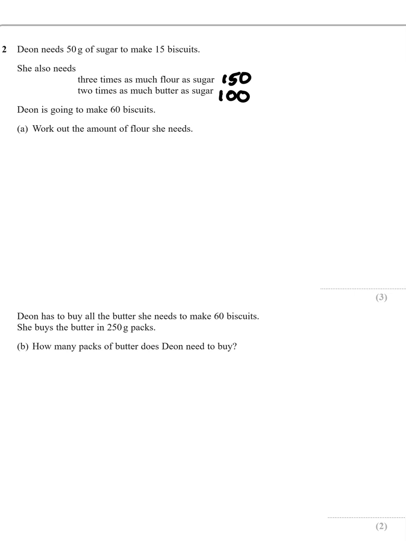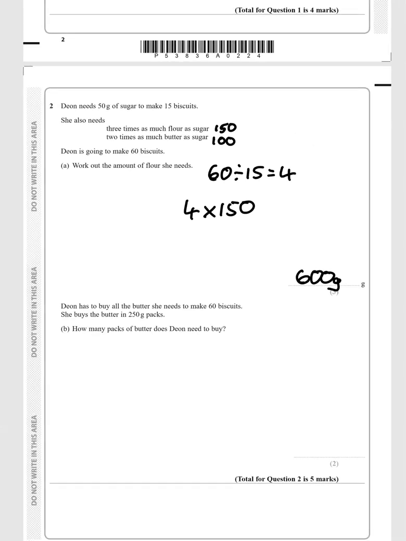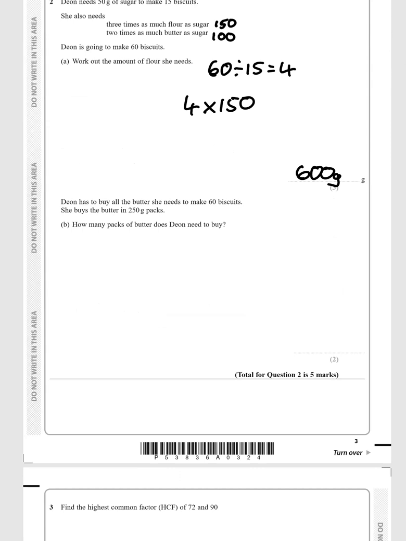Well, 60 divided by 15 is 4. So basically we need to have 4 lots of each quantity. So 4 times 150 gives us 600 grams. Okay, right. 600 grams, and then the second part of the question, Dion has to buy all the butter she needs to